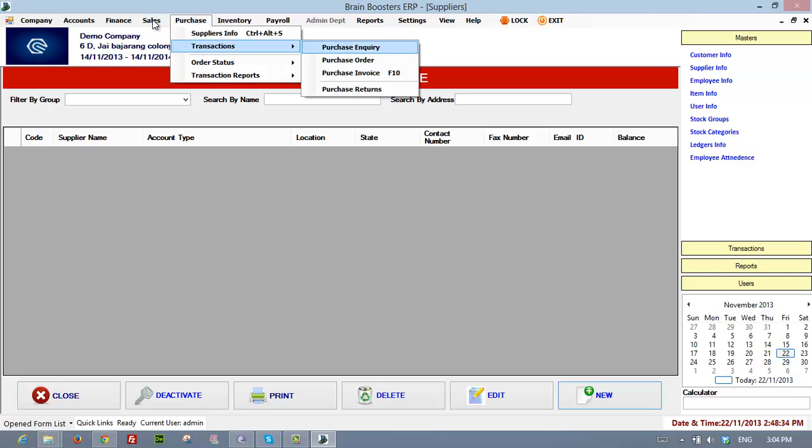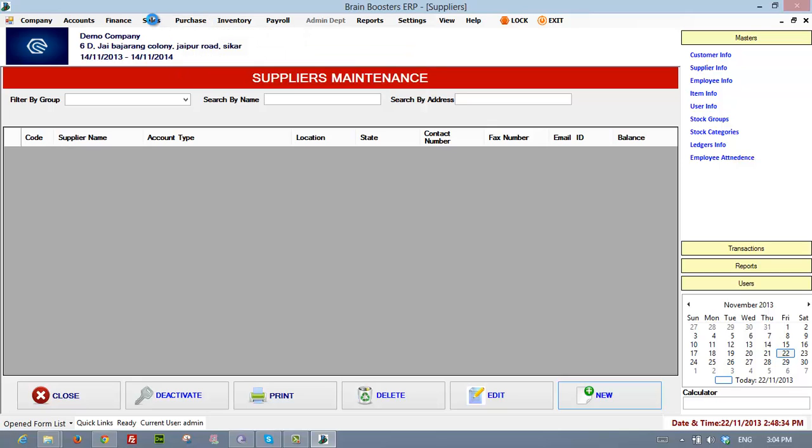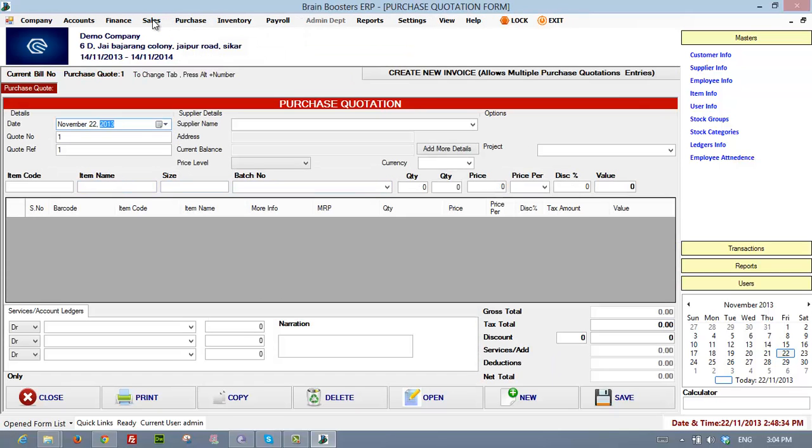You can check how many purchases you have made, and purchase inquiry also you can check. You have to make purchase quotations. Lots of fields, lots of things are there. Like item code, item name, size, batch number, quantity, price per size, like price per kg, like units, and discount values you can add from here, manage from here. Save also you can from here. So we can say transaction, purchase inquiry,